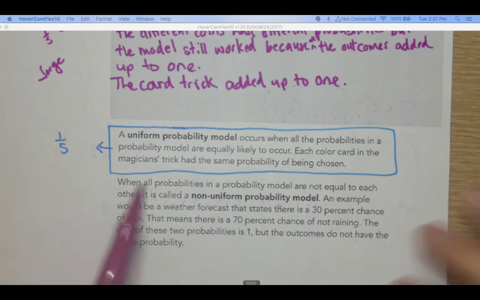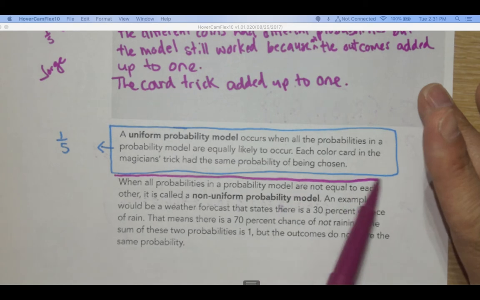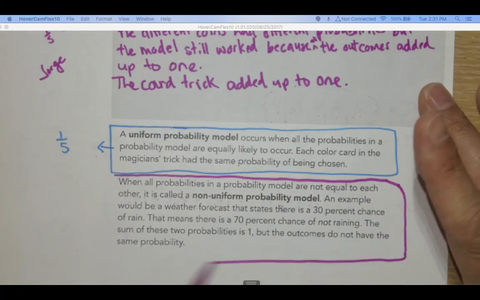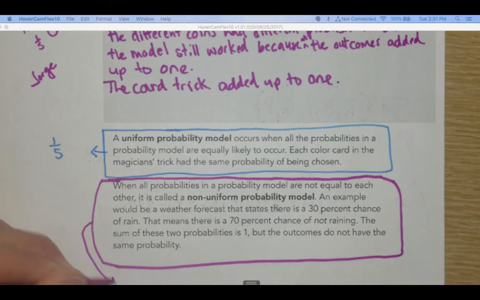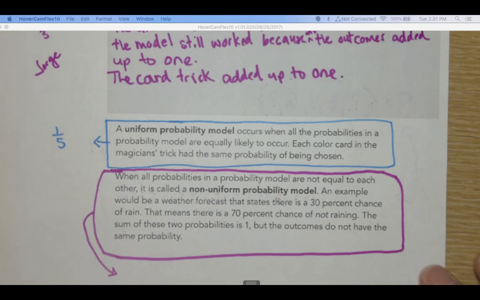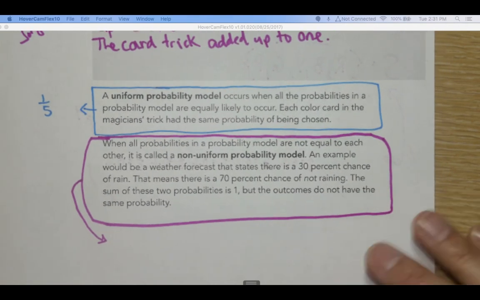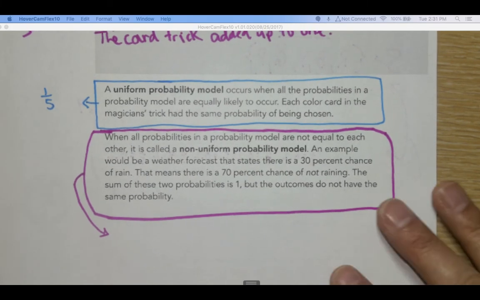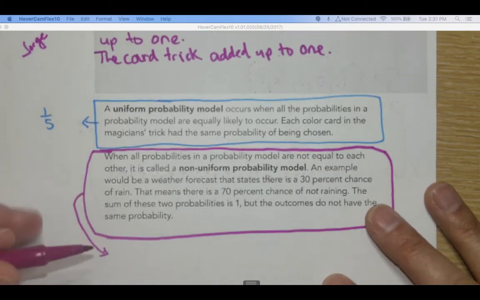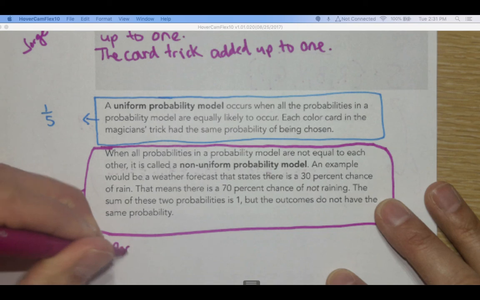When all probabilities in a probability model are not equal to each other, it's called a non-uniform probability model. An example would be the weather forecast that states that there is a 30% chance of rain. That means there's a 70% chance of not raining. The sum of these 2 probabilities is 1, but the outcomes do not have the same probabilities. Kind of like the pocket coins